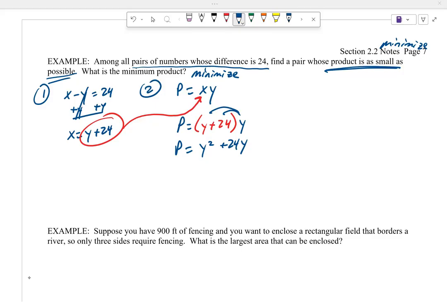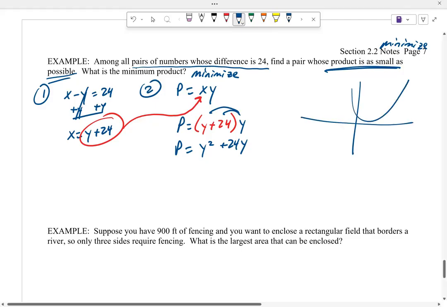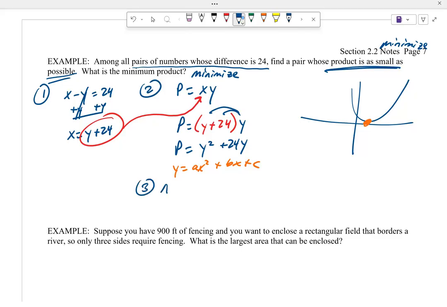y squared is going to open up, right? Something like this. All right, y is the input, p is the output. We're trying to minimize this, so we're just looking for where this is, right? Normally it's ax squared plus bx plus c, but again, that's just in terms of y's. We're just trying to minimize it. Find the axis of symmetry. Normally it's x equaling negative b over 2a. On this one, it's y equals negative b over 2a. So it'd be at a y value, when y is negative 12,